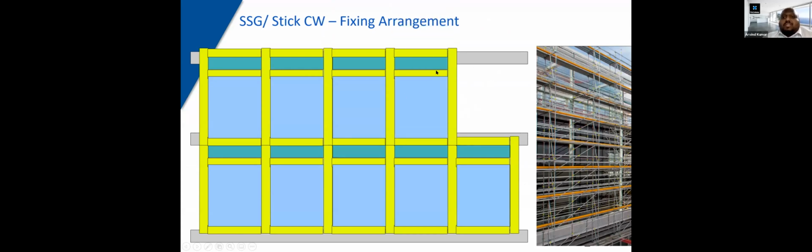So obviously, as you see, this is a little bit time consuming, but if your buildings are low rise and mid rise, I think if time is not a constraint, then stick curtain wall is a good option to follow. What happens on a